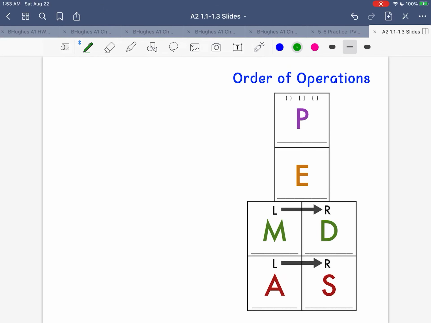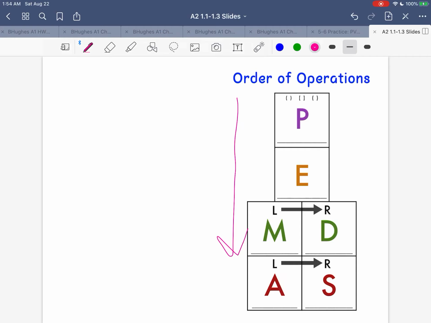So now we're going to review the order of operations. This should definitely be something that you're familiar with. So the order of operations, I've given you this sheet before. This is a graphic organizer or a visual way of keeping the steps straight. And so when we look at this